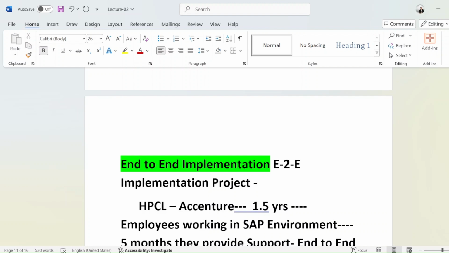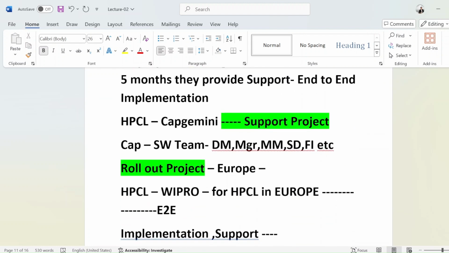And what's a support project, that's also clear to you. After completion of an E2E implementation, some companies have to go with a support project.